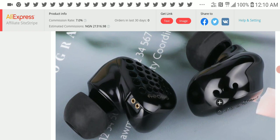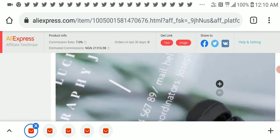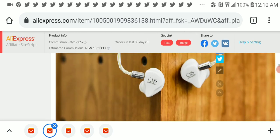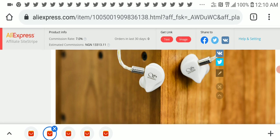But honestly, I feel the fact this earphone didn't do so well, I'll probably blame it on the manufacturer that didn't put in any money promoting this. So that's number one. Number two is a very fantastic earphone that I actually like very much, the Shanling